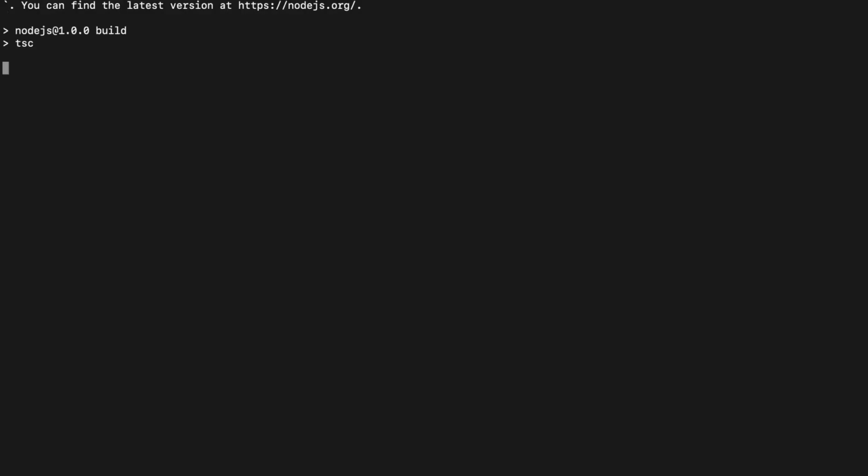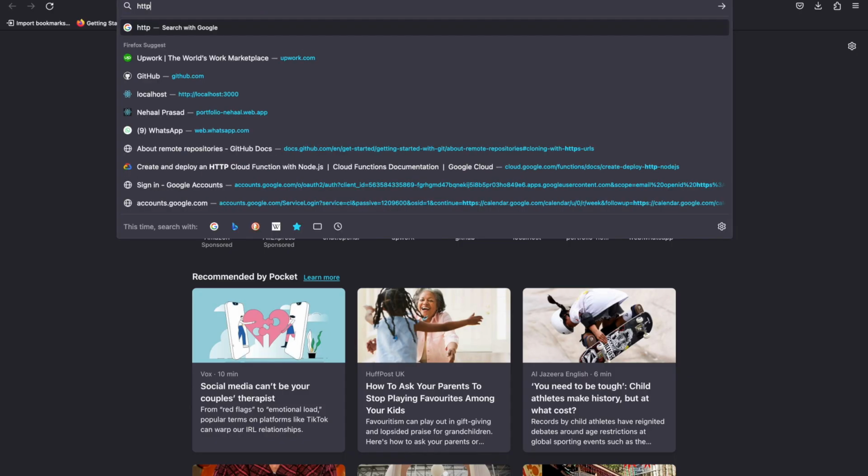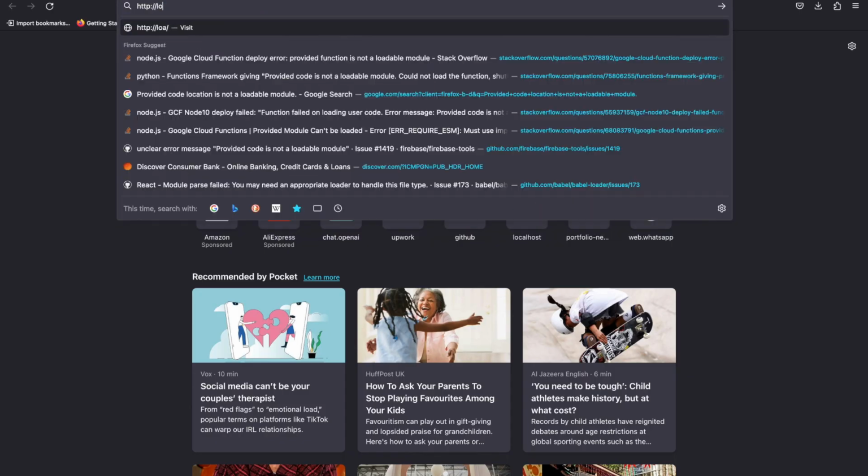So this will build the file, and then you write node server.js, server is listening. And now if I go to this http localhost 3000, you can see